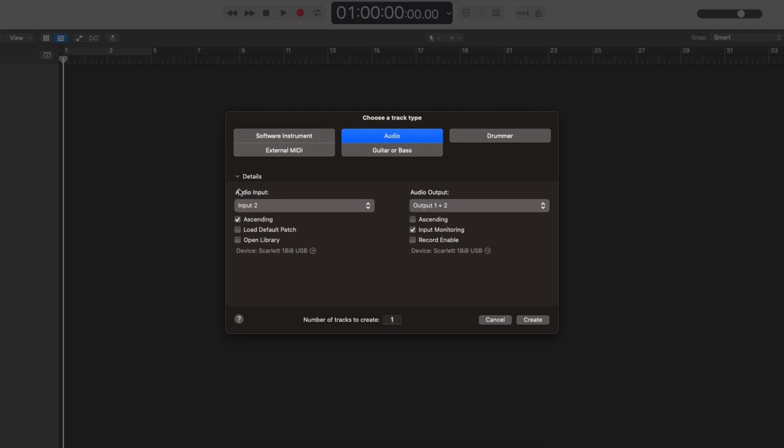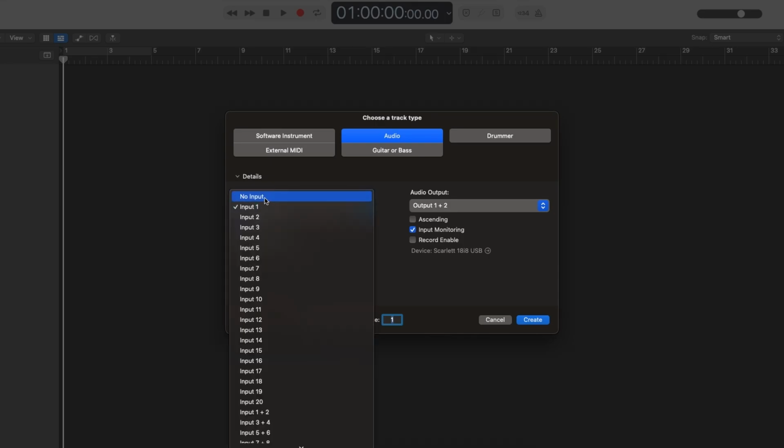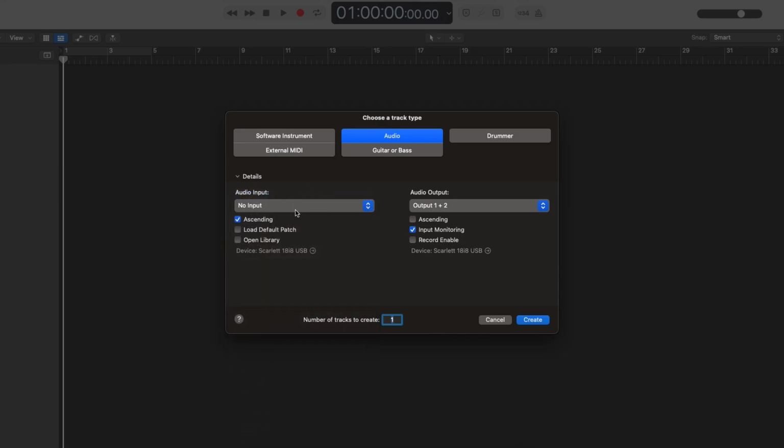And along with that, we're going to go down right here where it says audio input and make sure that we have no input selected. This is because we've already, hypothetically, recorded our audio onto the Rodecaster itself, and we're about to import that file into Logic to then cut up, trim, add music, whatever it is that you want to do with it. If you wanted to record directly into the Logic program, that's where you would go, audio input 1. But since we don't have a need for that with this demonstration, that's why we're leaving it at no input